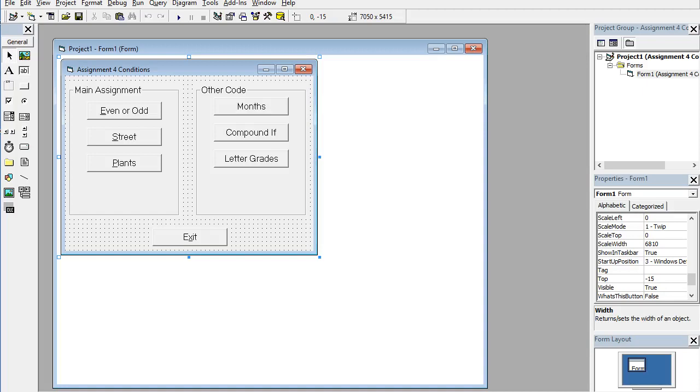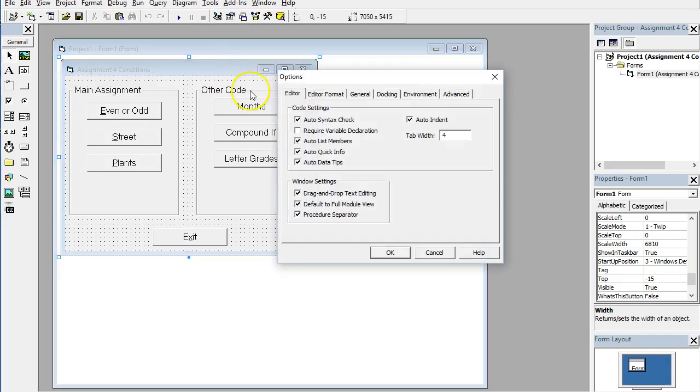Now let's take a look at the assignment for problems. These were practice problems that were given to you to practice if statements. Before we get started, I want to show you two options. So from the Tools menu, you can always go into Options to change things. And I'd like you to make sure that you're aware of one thing and that you know about the option